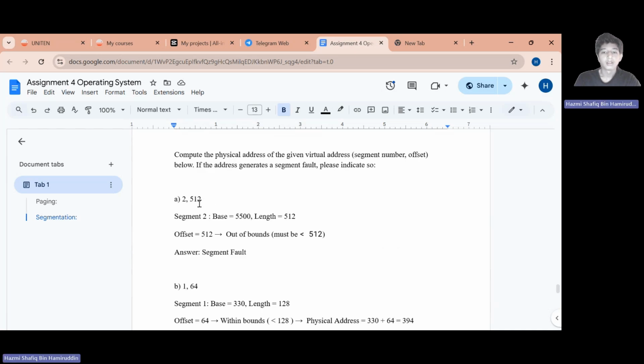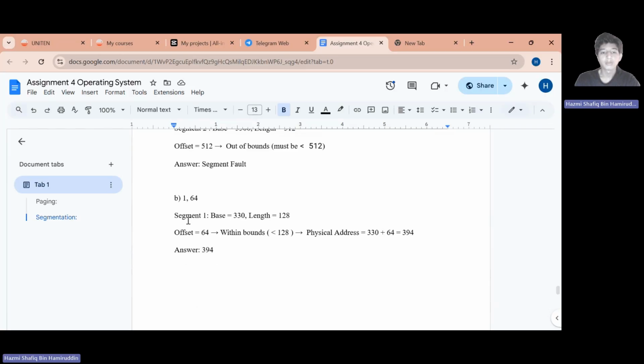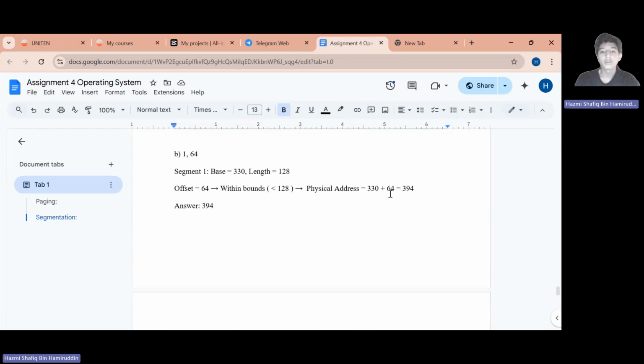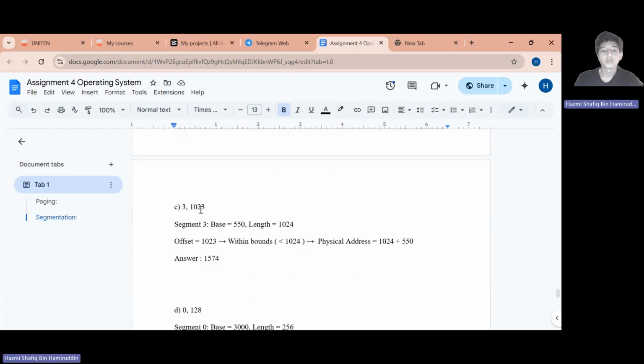For segment number 1, offset 64, segment 1, base 330, length 128. So offset 64 is within bounds, below 128. So physical address 330 plus 64 equals 394. The answer is 394. So C, segment 3, offset 1023. Segment 3, base 550, length 1024, offset 1023 is within bounds,